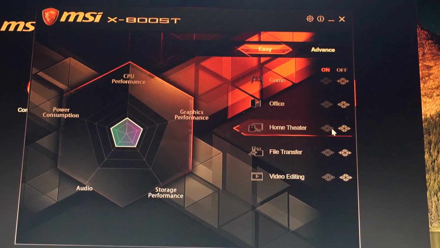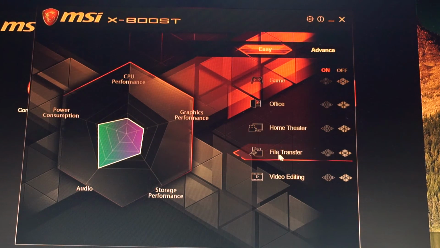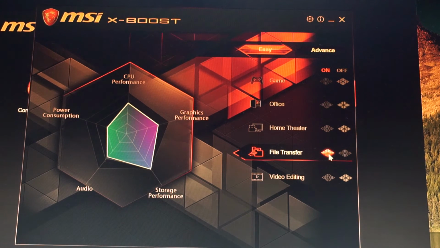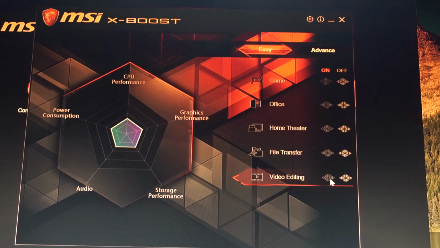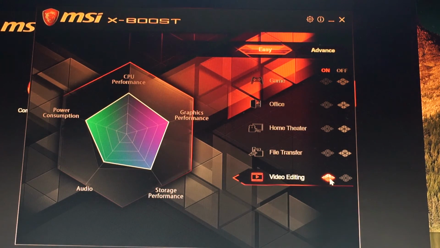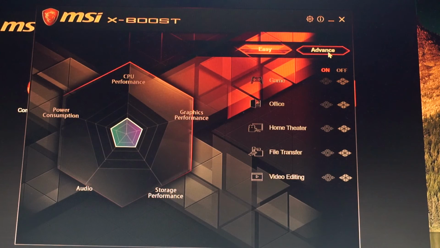For home theater, like this, file transfer, and when you do video editing. Let's see how it looks. Again, so for video editing, we see the audio is not so important, but here it's really good. Otherwise it is like this. In advanced mode,